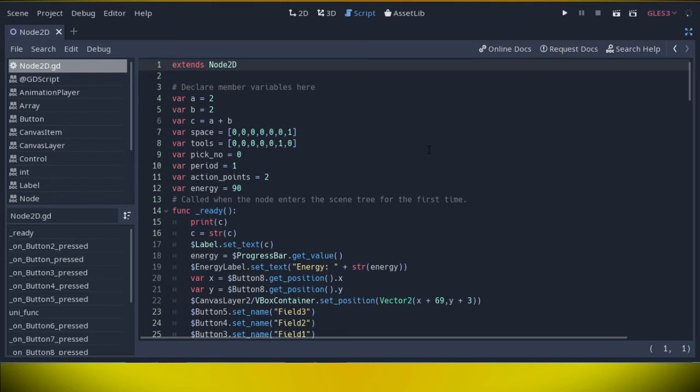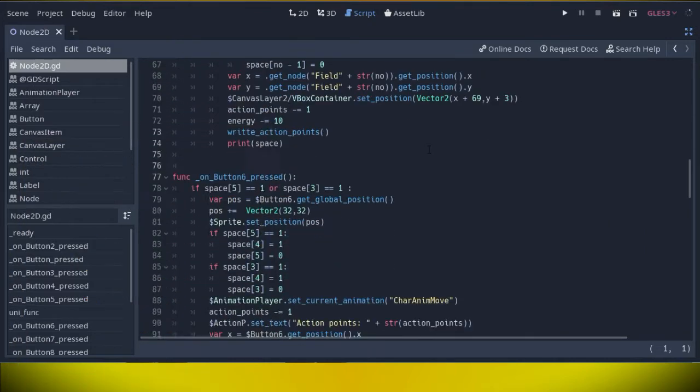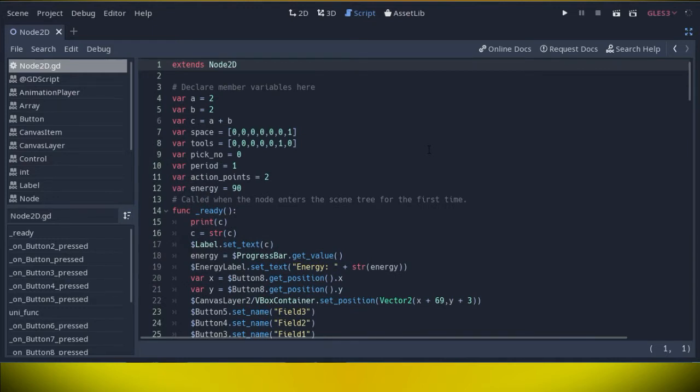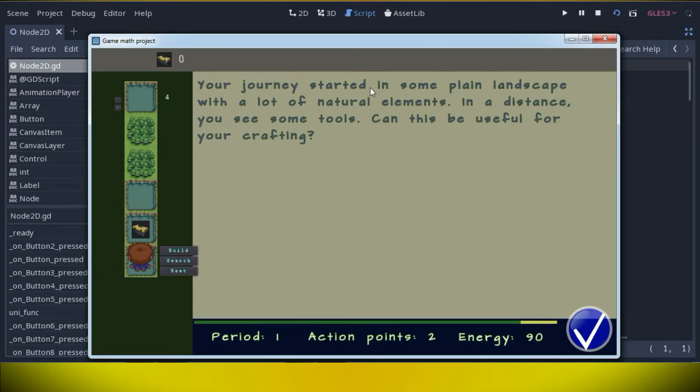In this video education tutorial, you will learn about game math through some game projects using the Godot game engine. With the Godot game engine and GDScript, we will create through some project. In this game project, you will learn how to create a game scene, as you see here, and to add many game elements. We will start with simple game elements like some